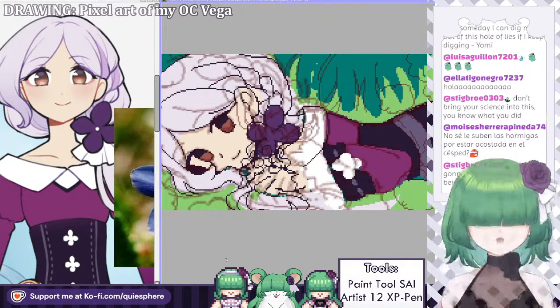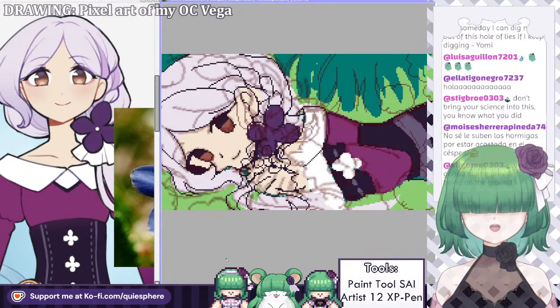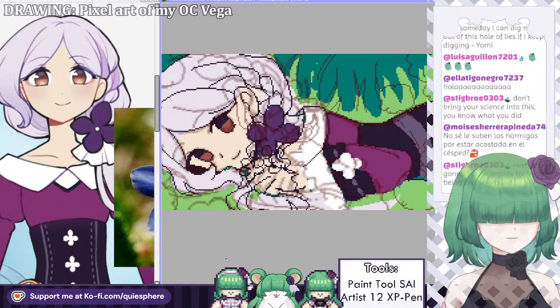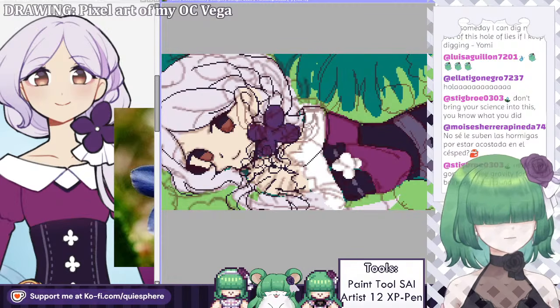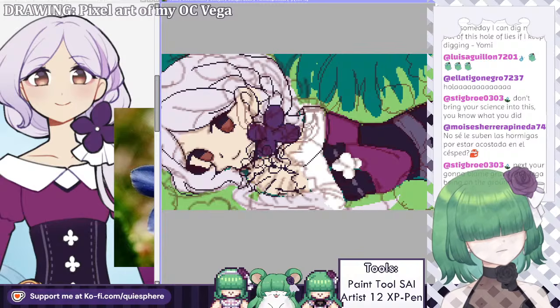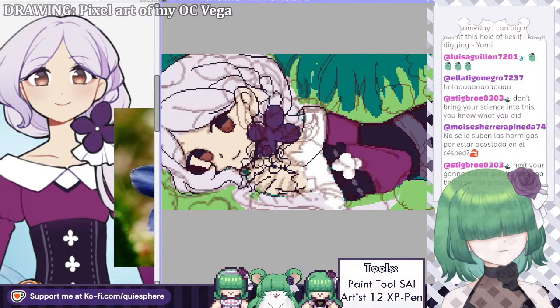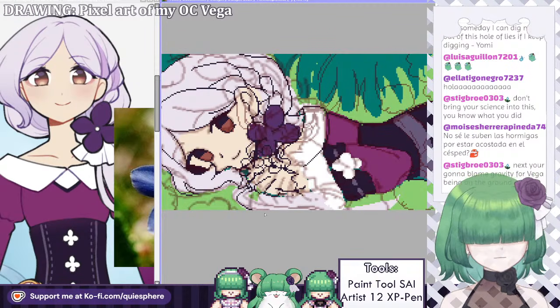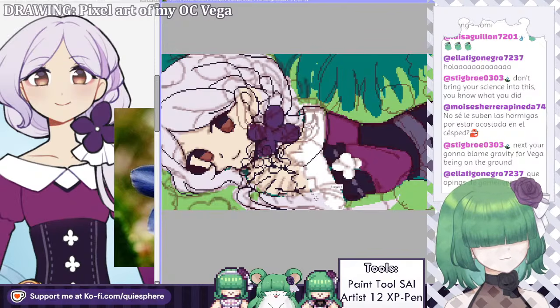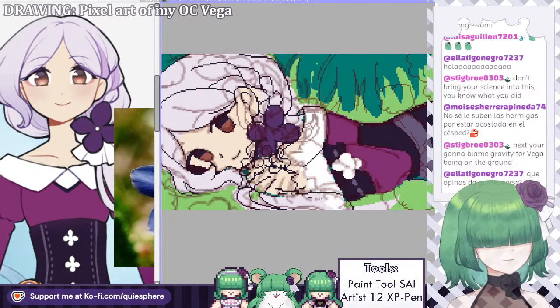I don't know what to do with the hair because it's really not visible. A lot of the ponytail, it was not really a ponytail. Is there even a name for low ponytails? I guess low ponytails? I don't know. It's already on the ground. There isn't much that can be done about it. Maybe we just do this.